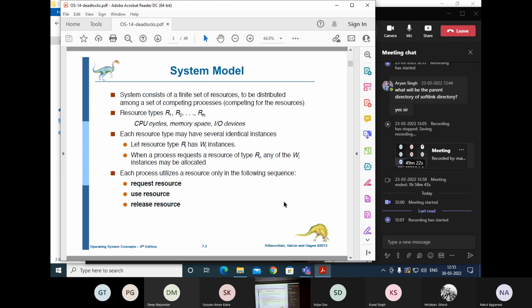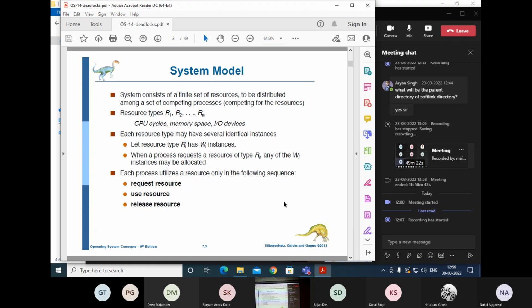So what kind of resources are we talking about? Say CPU cycles, memory space, I/O devices, and so on. Most of the examples will use I/O devices, but there can be different types of resources. Essentially the system has a finite set of these resources and the processes will compete against each other for